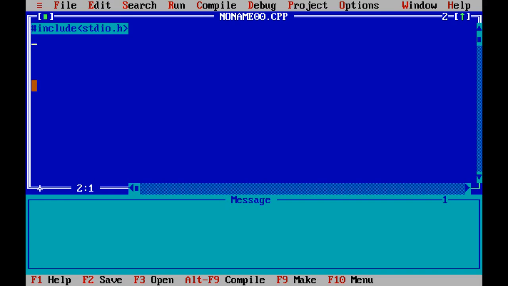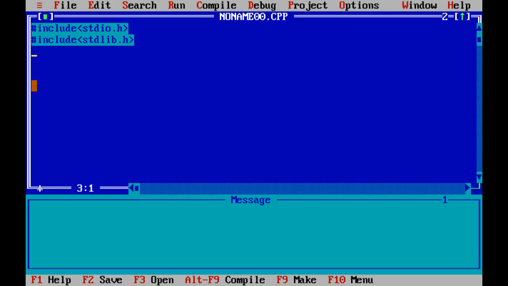Then another file is hash include conio. Just before that, stdlib dot h. So stdlib stands for standard library. This standard library consists of different keywords that you are going to use in the C language as commands. Those are stored as keywords in the file stdlib. So we have to include that file also, because we are going to use those keywords in your program body.